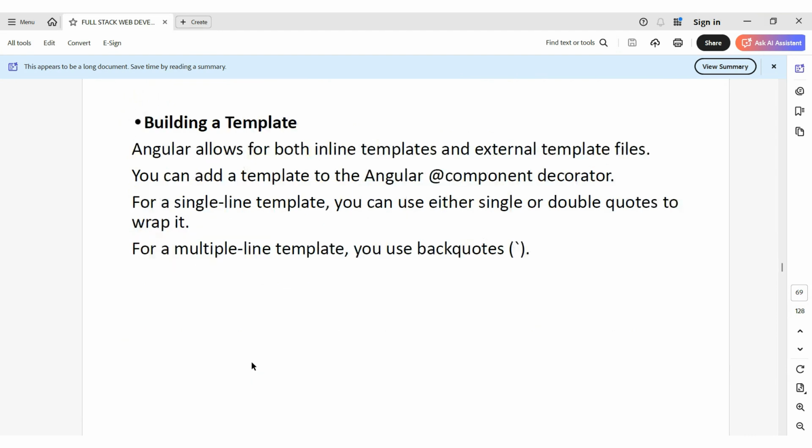How the corresponding template is going to be built. Angular allows both inline templates and external templates. So how am I going to incorporate this? We are adding a template to Angular with the @Component decorator for a single